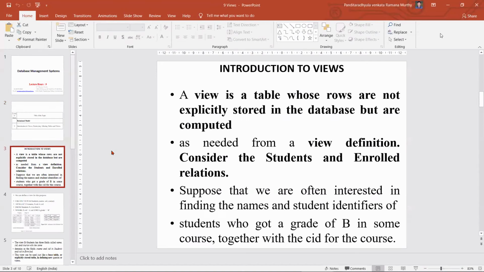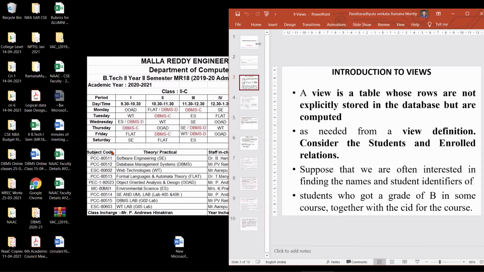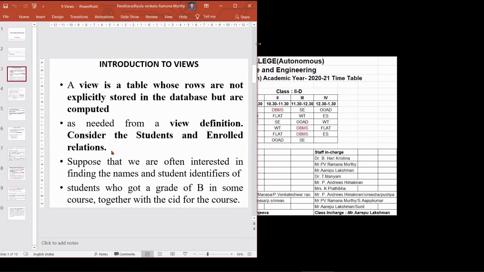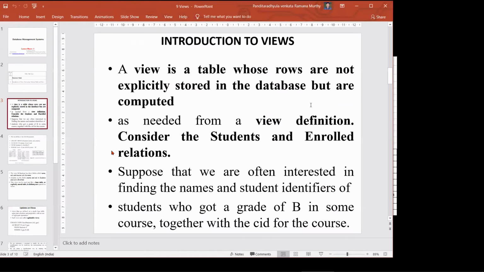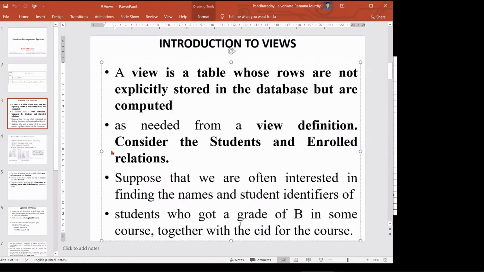So what is the meaning of a view? Basically, a view is nothing but a virtual table, which I explained in the previous classes. The contents of the view are not in any physical table, but through the view we are referencing values in the table.